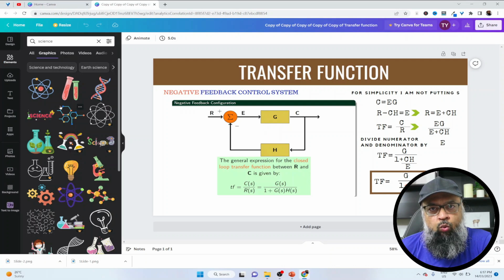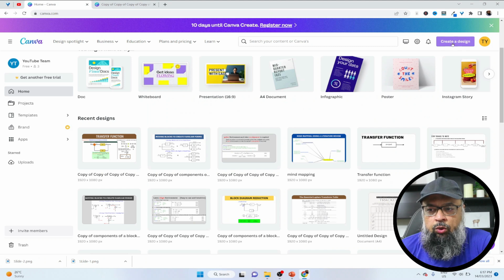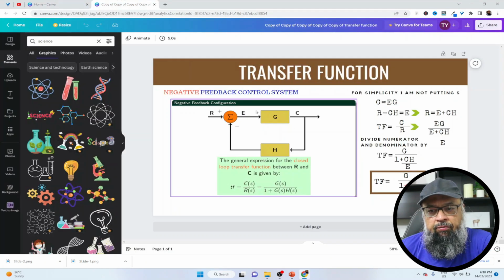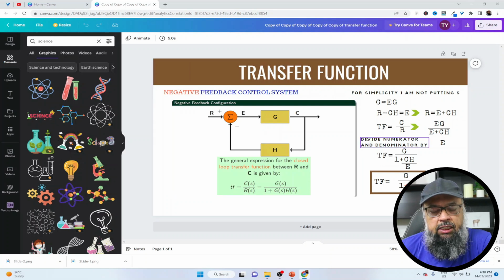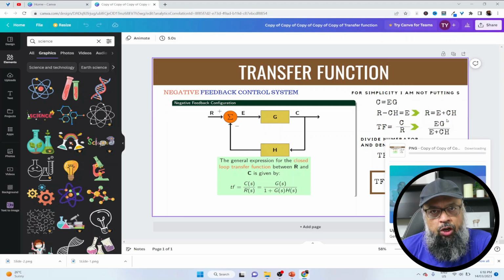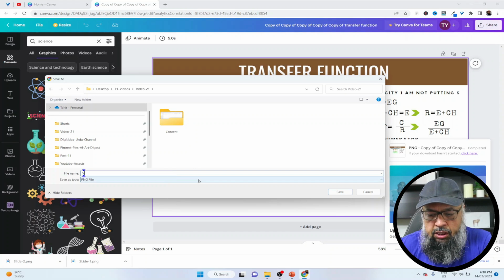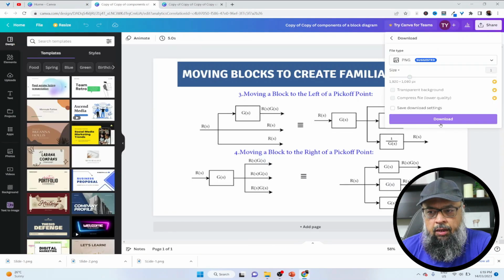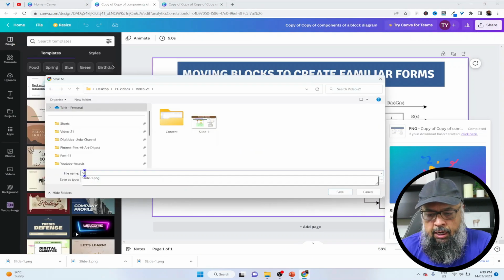Keep in mind one thing, that when you create your design, because in the beginning you have to click on create a design, you should always use this presentation. You have created your slide like this. Then you simply download this as PNG. To do that, click on share, download, select PNG, download, and now I can save this as my slide 1 for my PowerPoint presentation. And let us take another one and I download this as well and save as slide